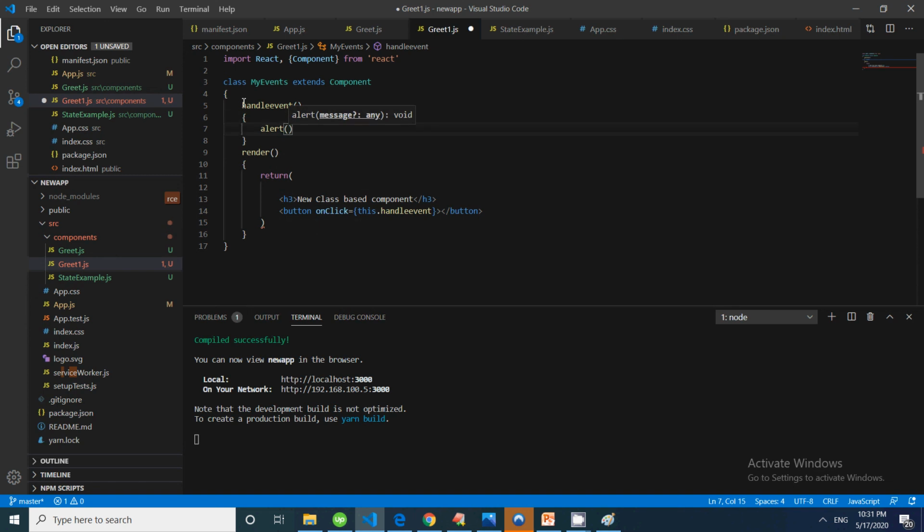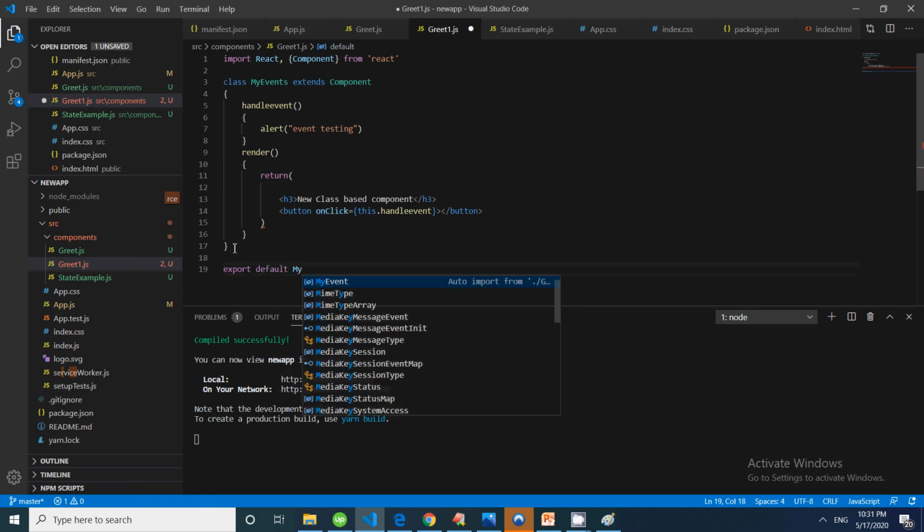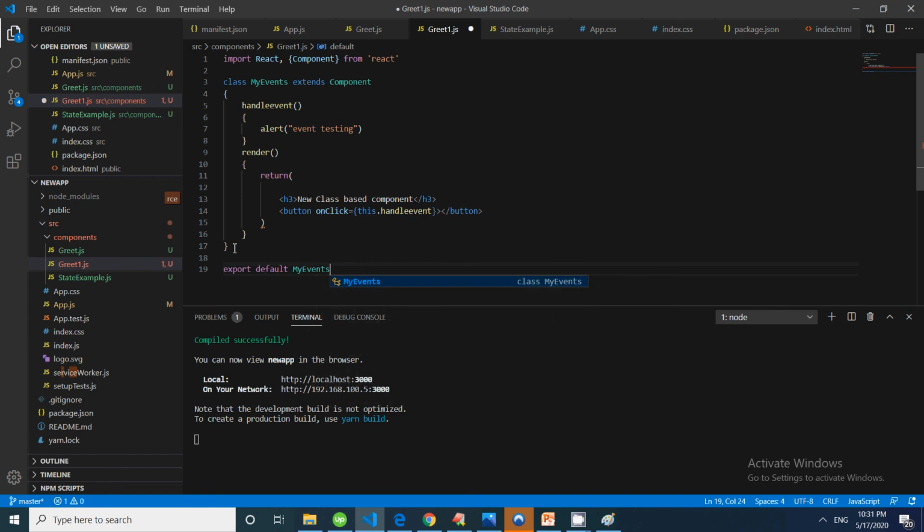In this case we are not passing anything, so no need to use this. My event testing. So we have created this. The final step is we just need to export default, and this is my events.